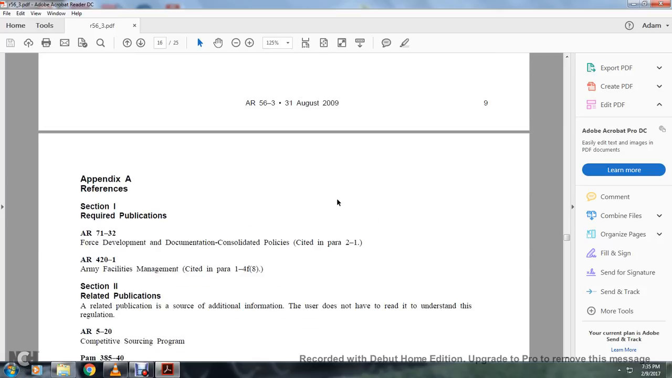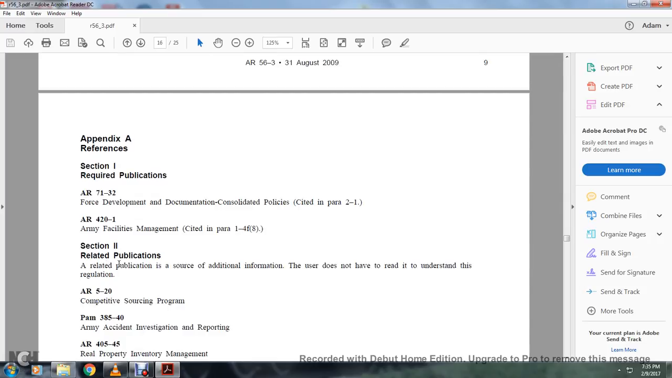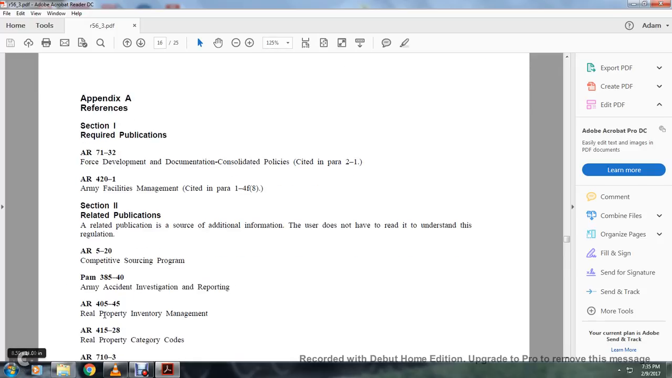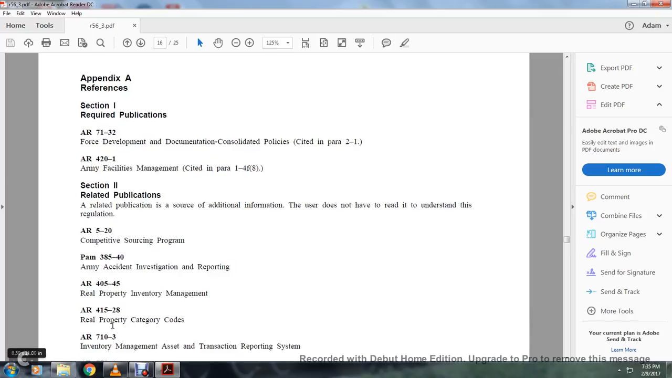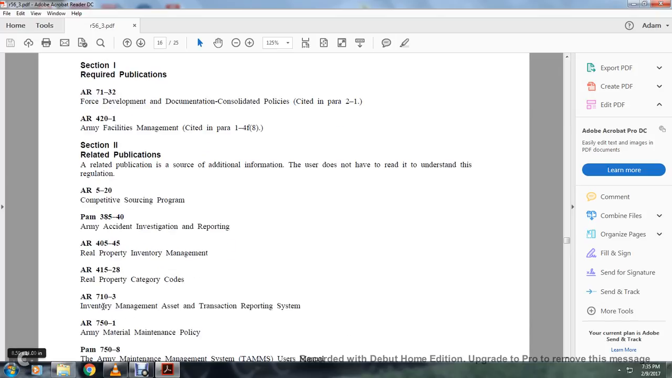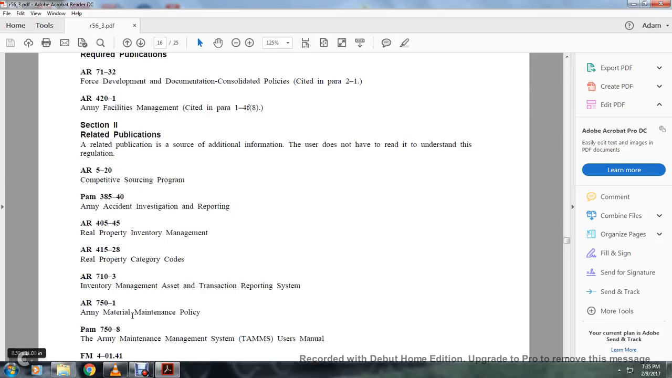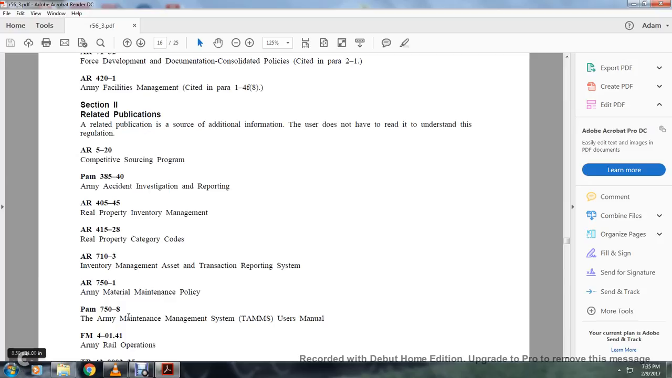Section 1, required publications: AR 71-32, Force Development and Documentation Consolidated Policies; AR 420-1, Army Facilities Management. Section 2, related publications. Army related publication sources provide additional information for the user. Competitive Sourcing Programming, AR 5-20, DA PAM 385-40, Army Accident Investigation and Reporting, AR 405-45, Real Property Inventory Management, AR 415-28, Real Property Categories, AR 710-3, Inventory Management Asset Transaction Reporting System, AR 750-1, Army Materiel Maintenance Policy, PAM 738-750, Army Maintenance Management System (TAMMS) User Manual, AR FM